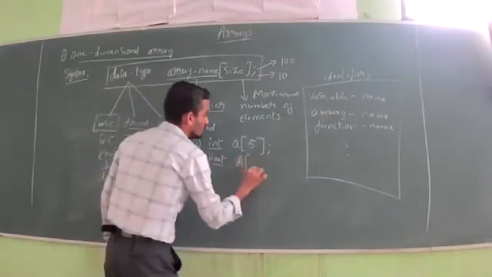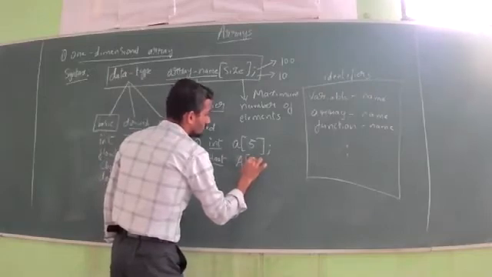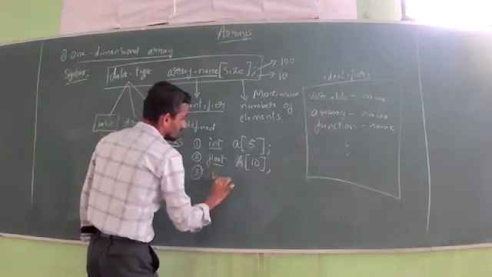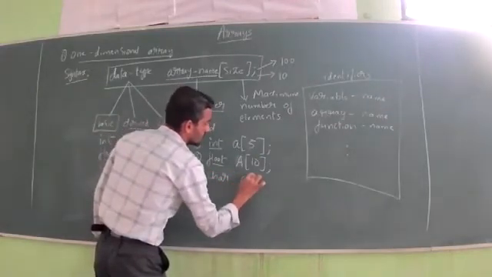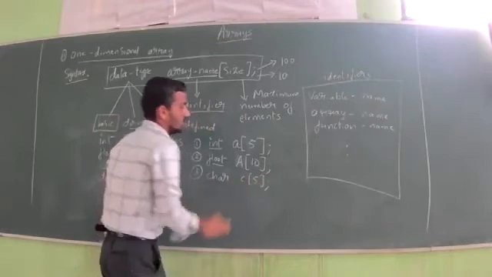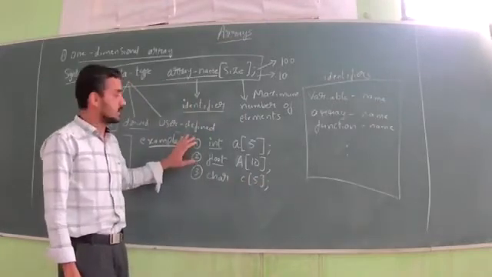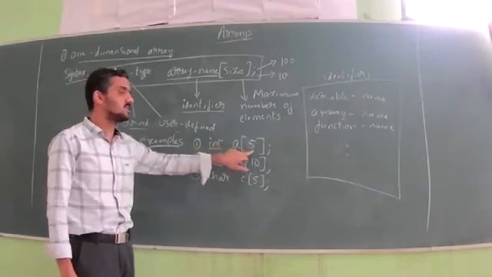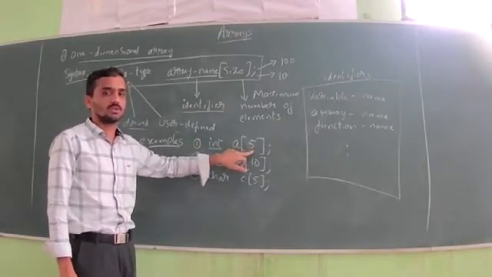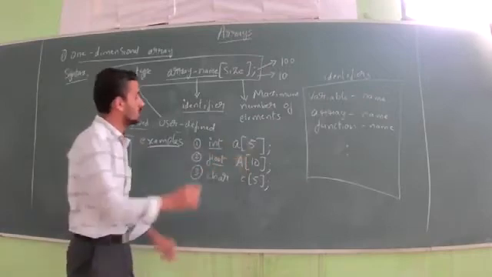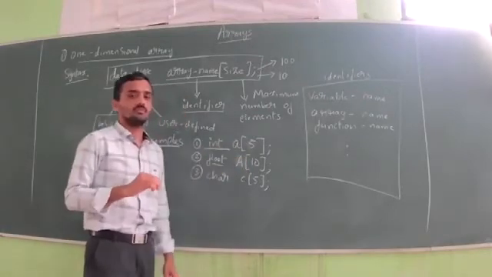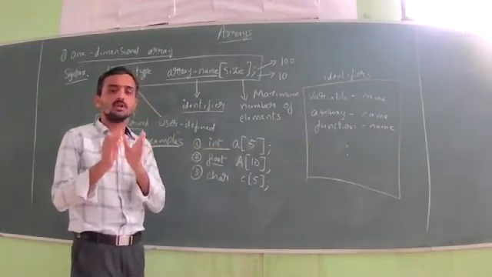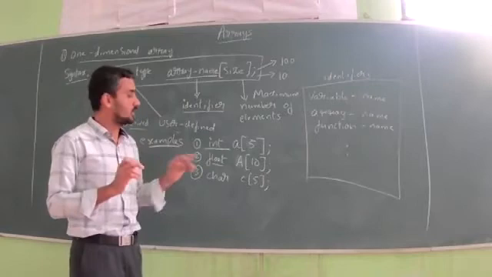Okay. So you can consider, say, 10. Okay. Then third, char. So you just consider the c, 40. Now you look at this example. Integer is the data type, int. a is the array name. 5 is the size. Maximum 5 values I can store. What type of values can I store? Integer type values I can store. That indicates the type. When you mention the type, you have to store the values of that particular type only.